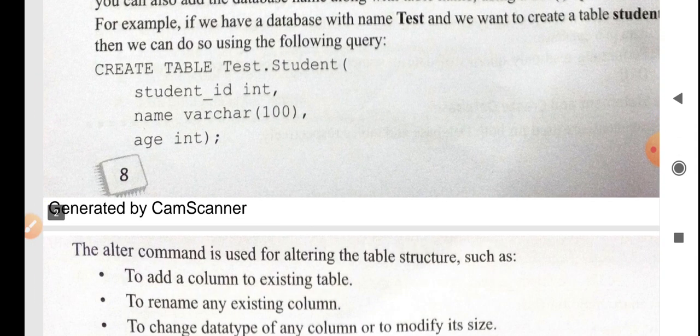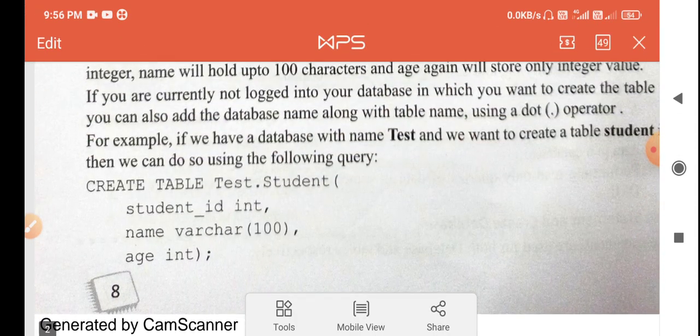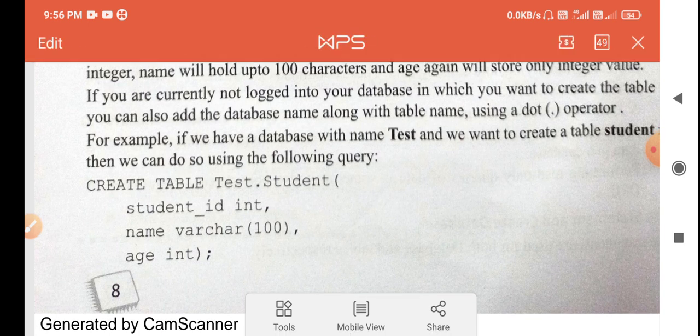There is one more example. Here you can write a table. Test is the name of the database, and student is a table. When we are using a table, we have to write the command USE database.